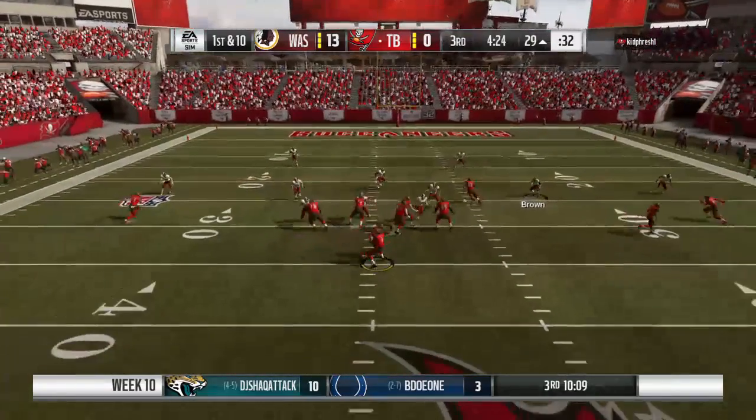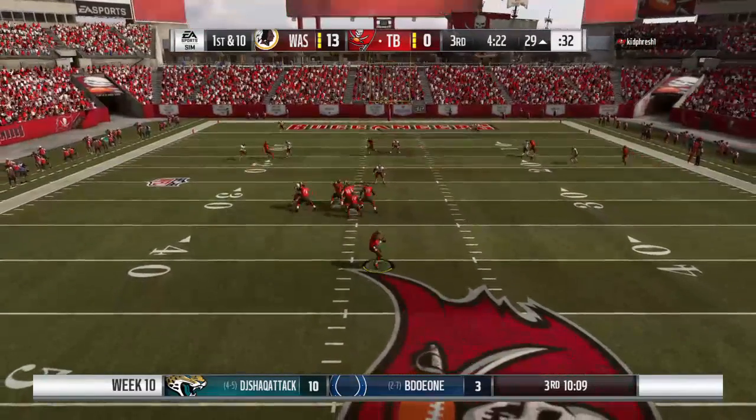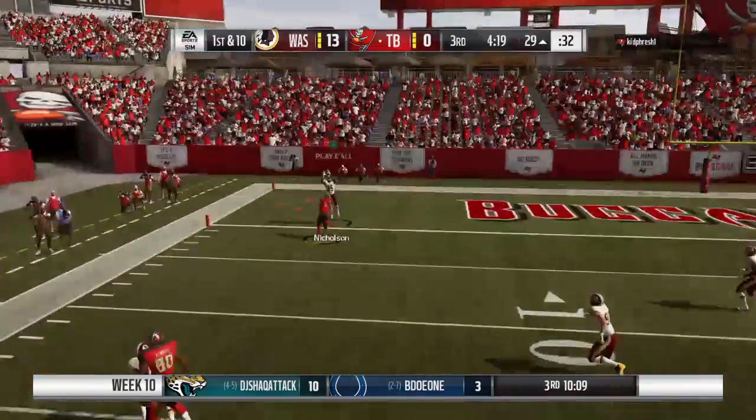I don't know what they talked about at halftime. Whatever it was, it worked. They look like a different team here in the 3rd quarter. Yeah, I doubt that there are very many trash cans that got...